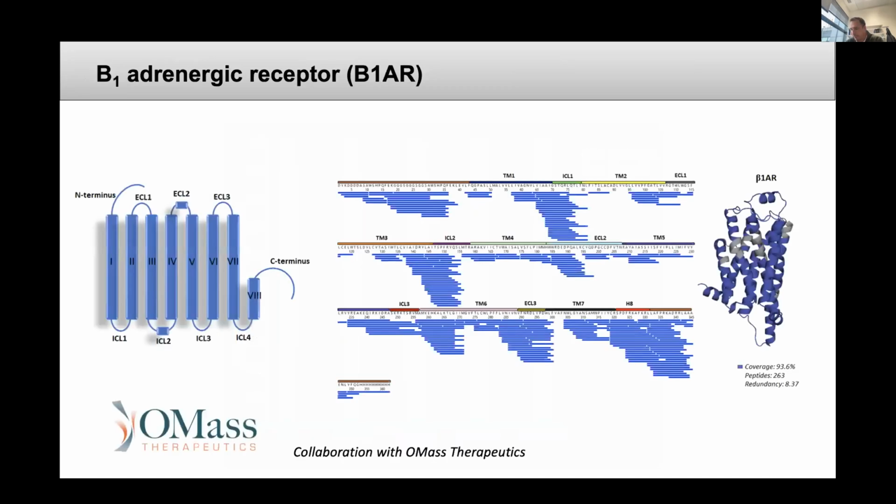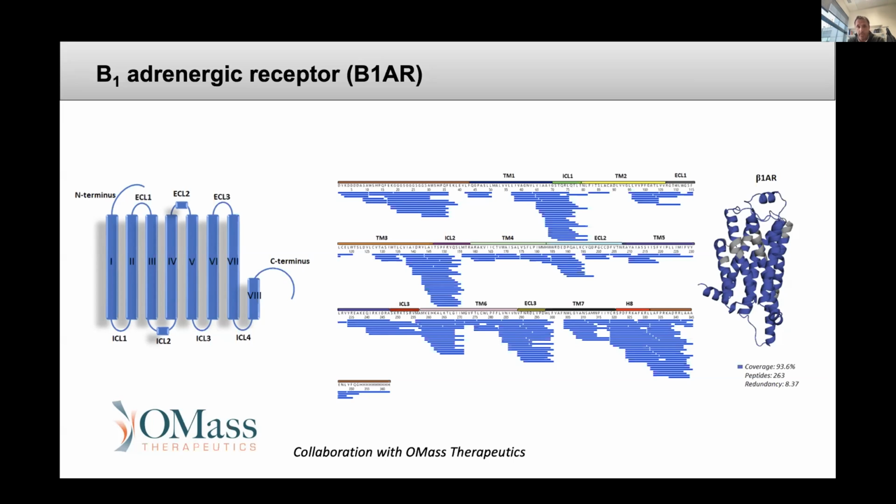But for the very last minutes of my talk, I want to talk about an exciting frontier in our research, and that's studying G protein coupled receptors. We are studying a series of GPCRs, but one of the key GPCRs we're focusing on to develop methods is the beta-1 adrenergic receptor. And this is, again, a well-studied system. So I don't want to get too much into detail, but I want to say that we have spent quite